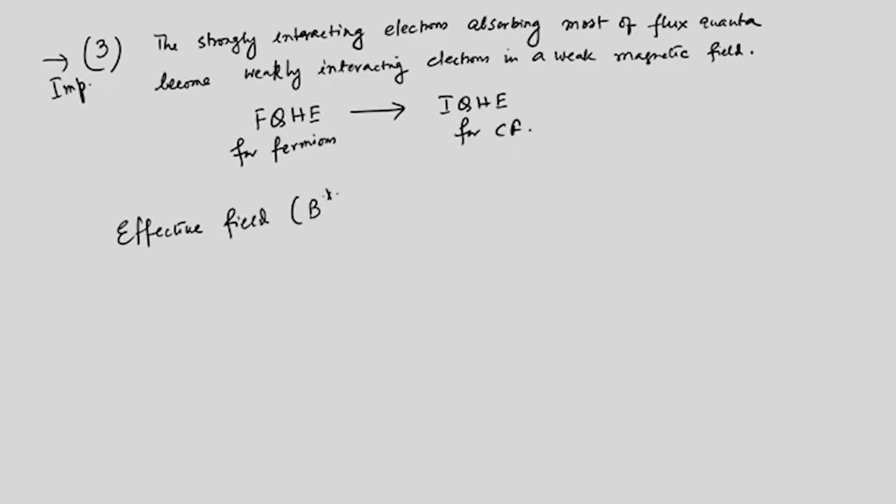Which we'll call B star, which is actually the reduced field in the CF picture, is given by: B star is equal to B, which is an external field, minus an even number of flux quantum, which we write as 2p, each one carrying a flux phi, times the density of the composite fermions. So, B star, of course, let me write B, which is the external magnetic field,